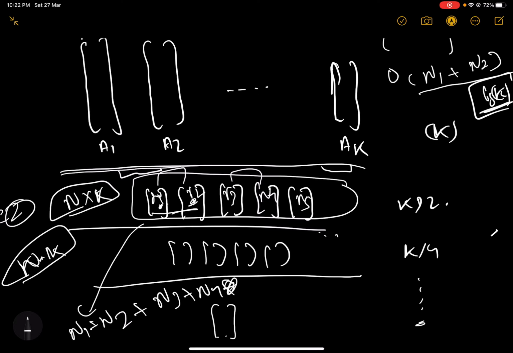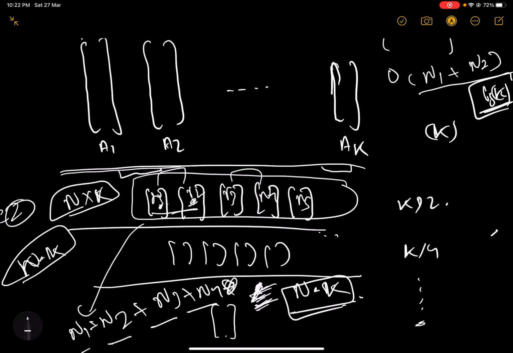So n1 plus n2 plus n3 plus n4 will always be less than or equal to n into k. In case the total number of elements on this level is even, this will be equal to n into k. Otherwise the total time taken will be less than n into k.